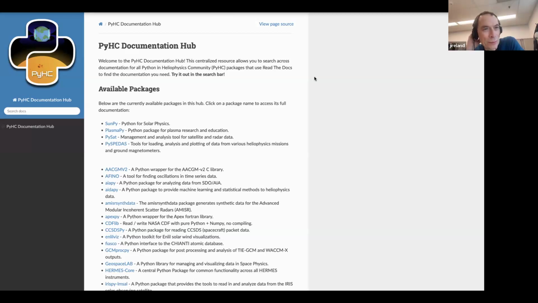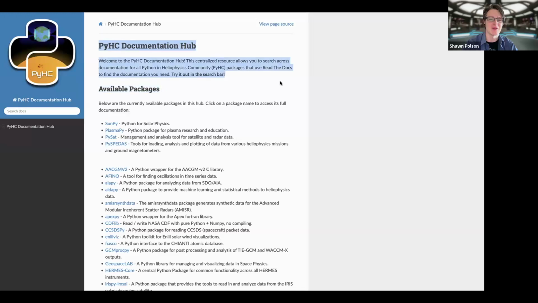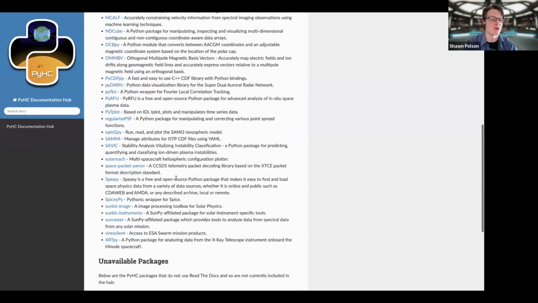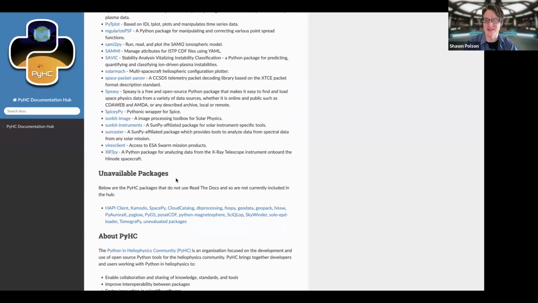This is extremely useful. So my thought is, is this an argument for making sure that everything in PyHC puts their documentation into Read the Docs? Hmm. I considered that. And I think we've even had that same discussion at spring meetings and stuff like that. If people wanted to immediately play along nicely with what we have here and just join this, if you did move over to Read the Docs, it would take me literally 2 seconds to add you to this